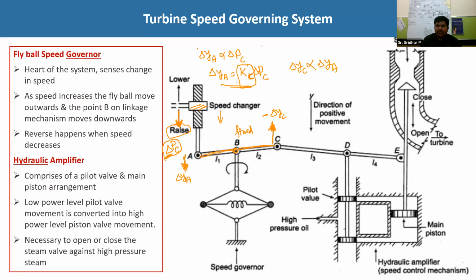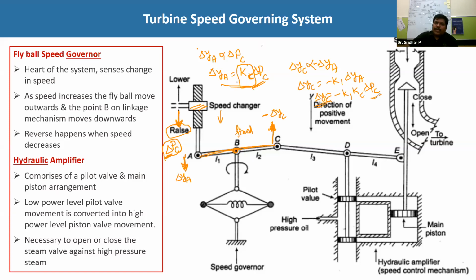So that's why I am thinking that here this may be minus. So what happens? Delta YC is equal to minus K1 into delta YA. Now this minus K1 into delta YA is already representable as KC into delta PC. This is one equation. This is delta YC. So like this, we can establish the relation between delta YC and delta PC.